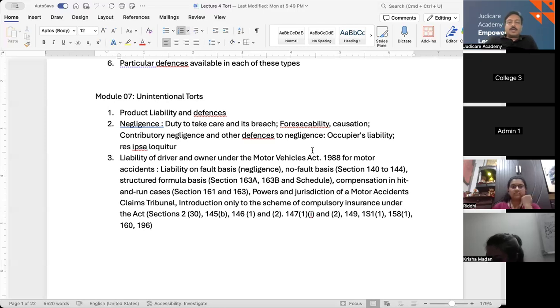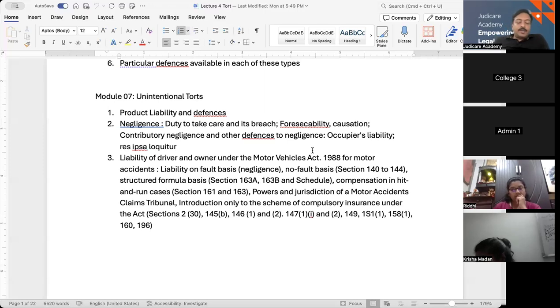Now, the last topic in this section is res ipsa loquitur. This doctrine allows negligence to be inferred from the very nature of an accident. So the negligence has to be understood from the very nature of the accident, where the circumstances imply that negligence occurred. This helps you determine what the negligence was, up to what extent, and whether it was there or not.